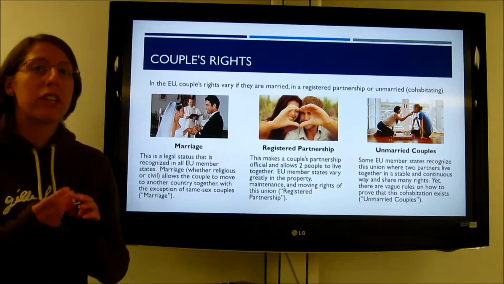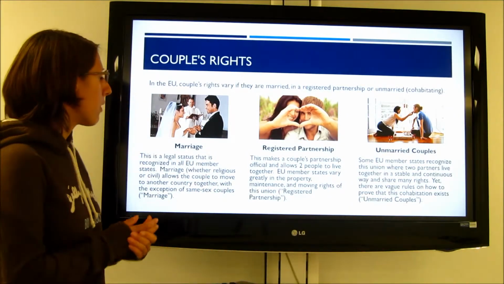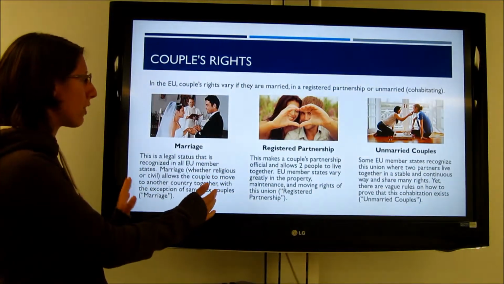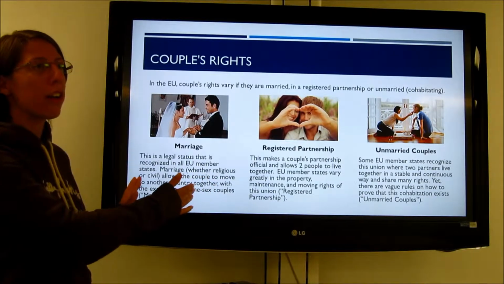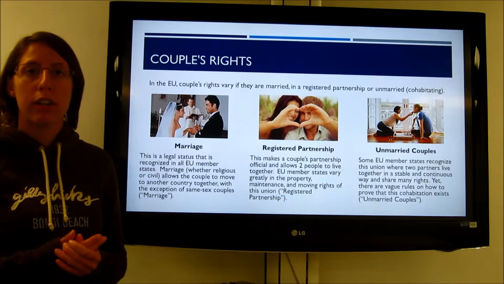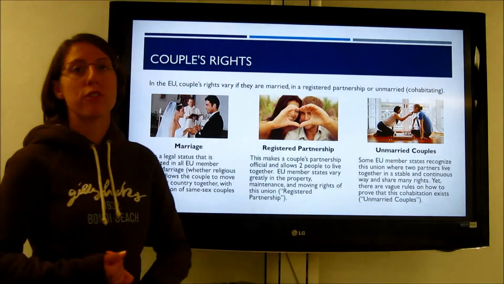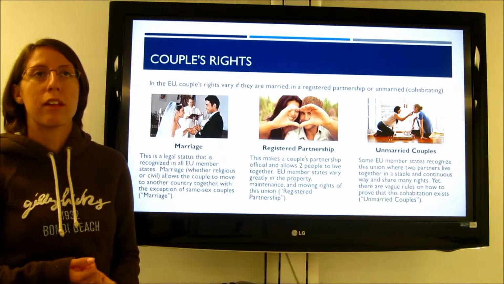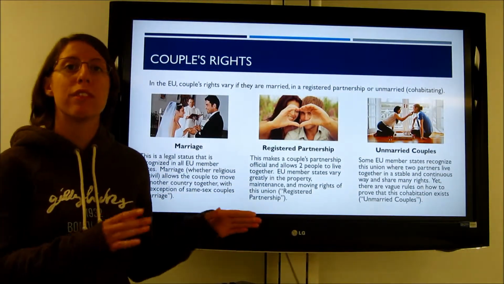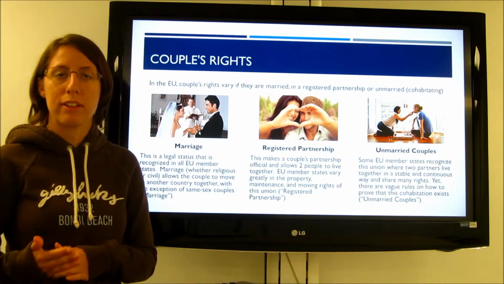I noticed there were 3 different rights for couples, or 3 different categories a couple could fall in. With the category of marriage, this is a legal status that all countries generally accept and have similar legal rules to. Going down from marriage, there's registered partnerships. Now, some countries do offer this, and so sometimes in some countries you may have almost the same rights as a married couple, such as with moving or taxes or property taxes.